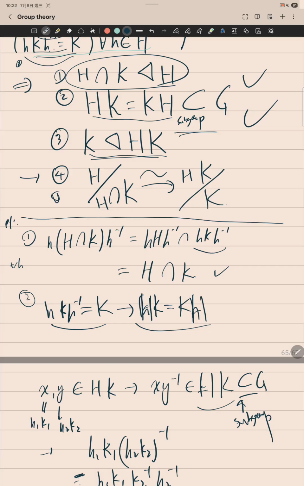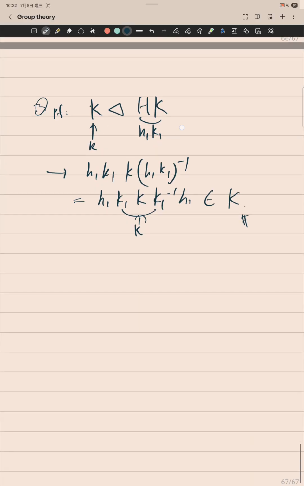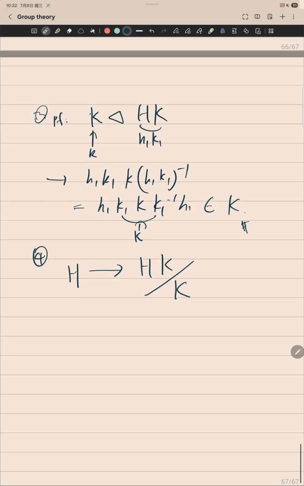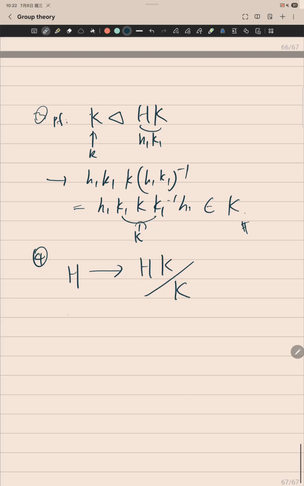So number 4: H intersection K is isomorphic to this. Number 4 is where you need to construct the homomorphism, right? So you construct a homomorphism from H to HK quotient K. The naive map will be x mapped to xK. Let me just write it as a set. If you think of this as a set,